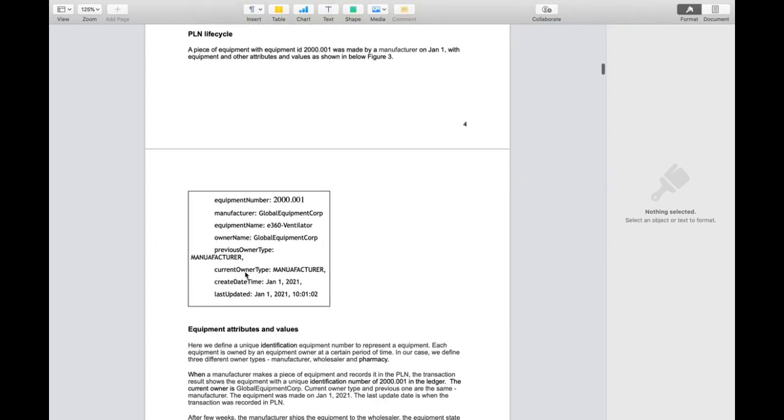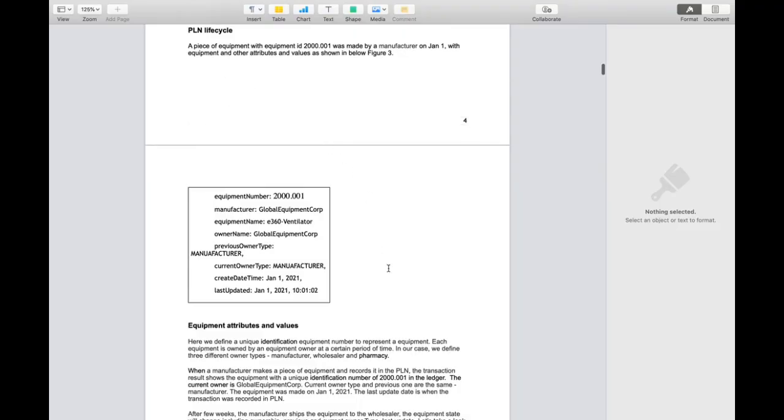Now let us see the PLN lifecycle. As you already know, with any supply chain, we have to put an asset into the blockchain, and we have to monitor that asset, and we have to execute the smart contract in such a way that the asset will get changed. For example, the ownership might change for that asset,